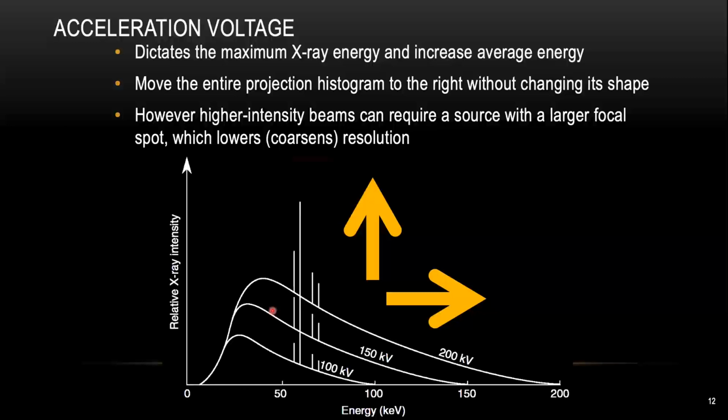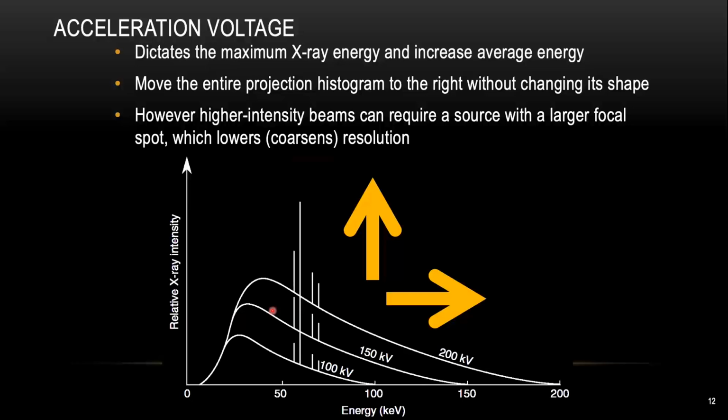But by using a very high voltage, you are also increasing your focal spot size, which means you are losing resolution. So the rule of thumb when you do micro-CT imaging is that we usually use the minimum voltage we can to get enough signal penetration through the sample.